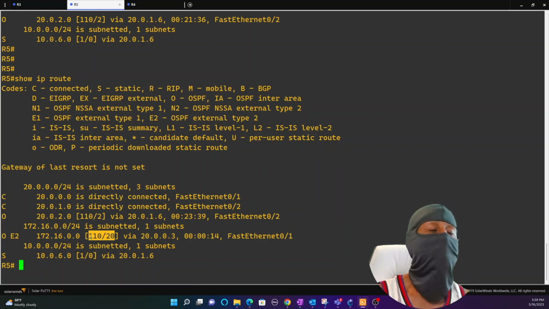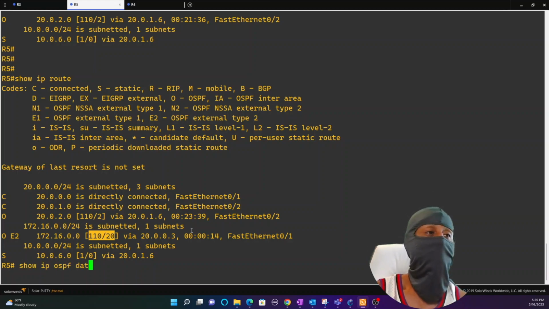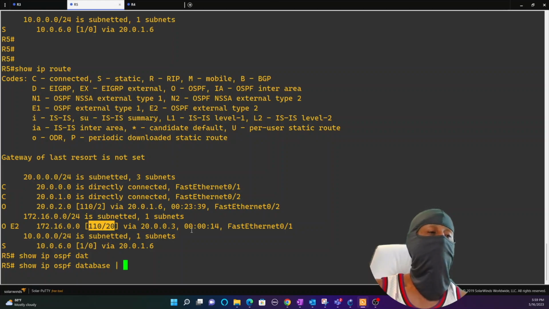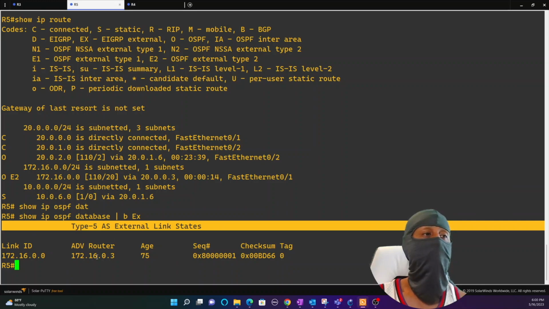We were successfully able to do that, and another way that you want to verify that you are able to receive these external routes is if you go into the OSPF database, and then you go to, I usually go begin right here. As you can see, it is coming as a type 5 external route,